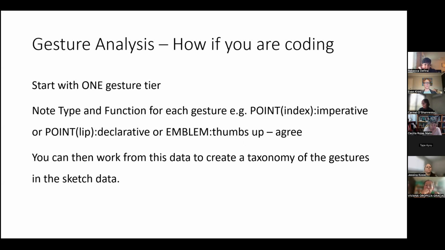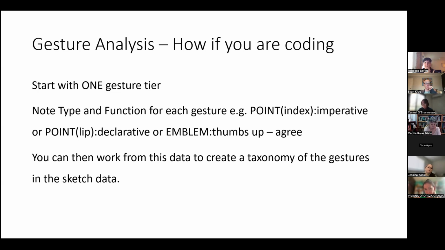Okay. If you're coding, I suggest you start with one gesture tier. If you look at how to analyze gestures, you can go all out with multiple tiers and look at how it aligns exactly with the non-gestural components, and what body parts are being used, and all these different elements you can go into. But for this analysis, I suggest you just use one gesture tier, and you're noting the type and the function of each gesture. So this could be that it's a point,